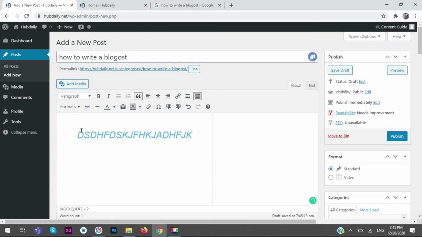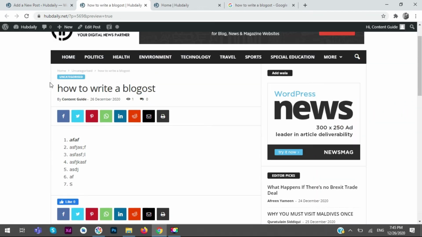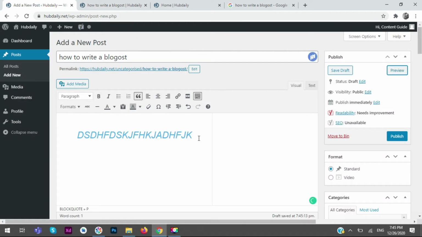So how is my post looking now, how is its preview? We can check your preview from here. Just press on this button. This is the preview of your post. So you can check here by clicking again and again. You can check it after doing some work, after putting some data here.